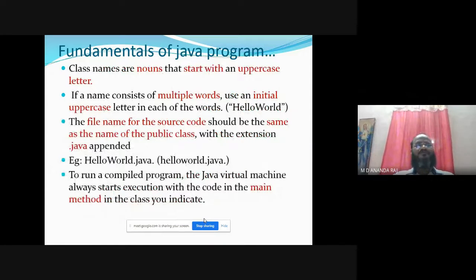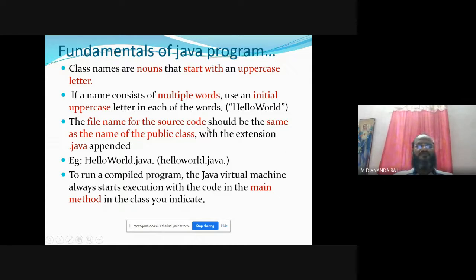Class names are nouns that start with an uppercase letter. If a name consists of multiple words, use an initial uppercase letter in each word. For example, HelloWorld, multiple words, so both H and W are capital.